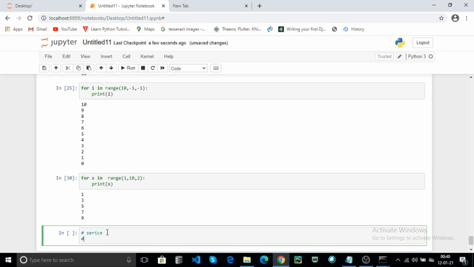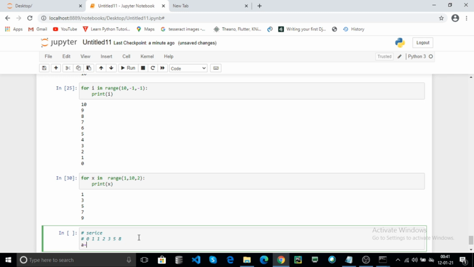For example, 0, 1, 1, 2, 3, 5, 8. Add the first two numbers and you get 1. Then adding the next two values gives 2. Then 2 plus 1 gives 3, then 2 plus 3 gives 5, and 5 plus 3 gives 8.